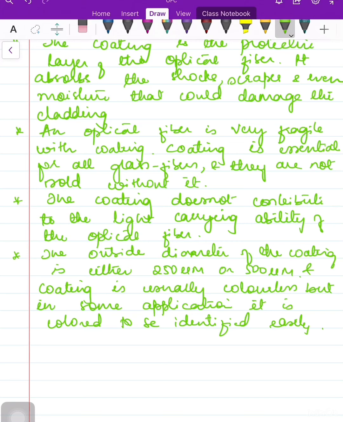Clear? So this acrylate, which is a primary coating, is limited in temperature performance, and silicone, carbon and polyamide are coatings used in harsh environments, like aerospace, space, and applications like mining, oil, and gas drilling. So for the harder temperature, or the harsh environments. So this is all about the coating, or you can also call it a buffer. Clear?